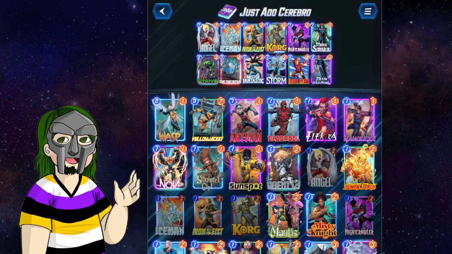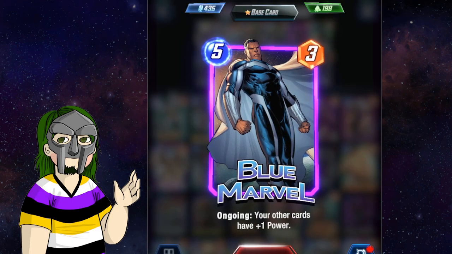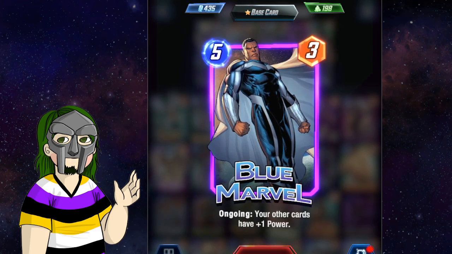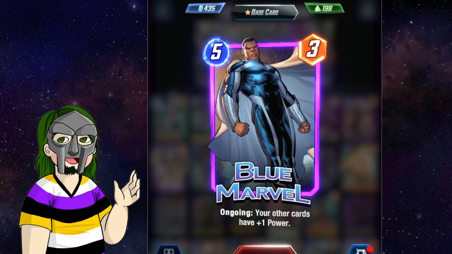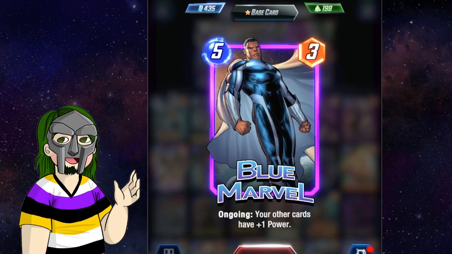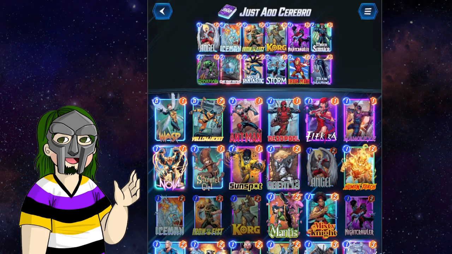So we have just everything that has 2 or less, in some cases, power, with the exception of Blue Marvel, who gives your other cards +1 power. Because he has 3 power, and he's giving all your others +1, they will also have 3, so then everything will get the buff, including Blue Marvel, because he doesn't hit himself with that +1 power buff. So, just great. Other than that, anything that has 2 power that does not stray from 2 power,